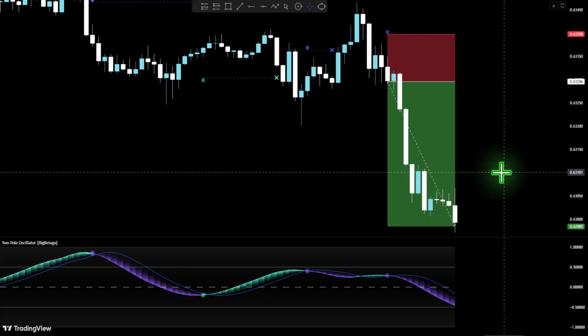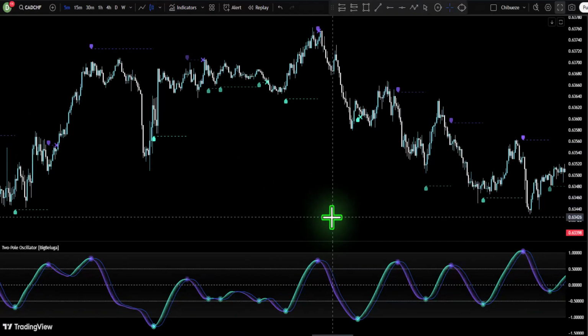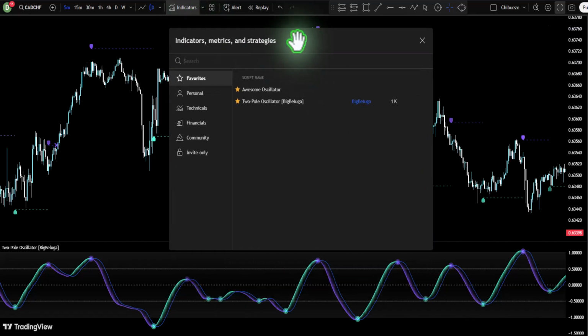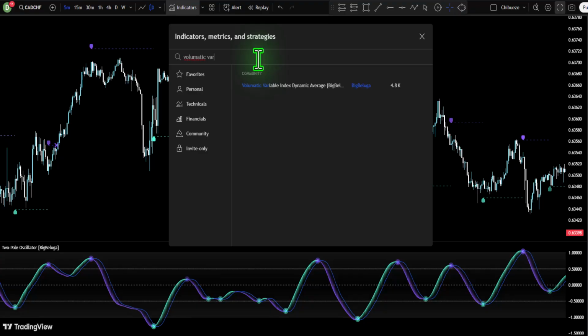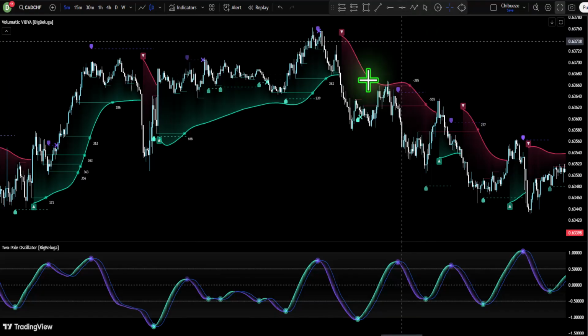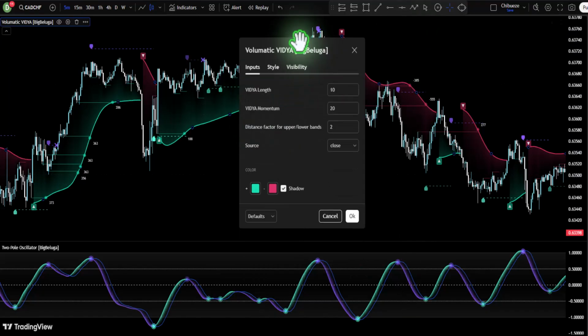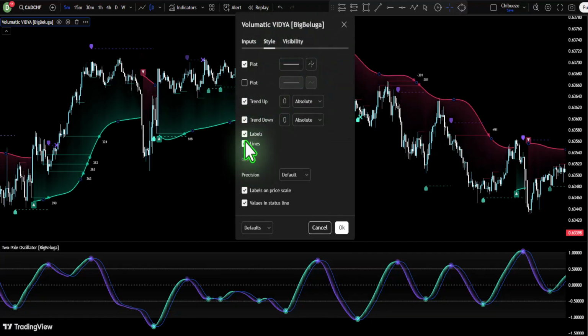For this strategy, the volumetric variable index dynamic average, also known as the VIDIA indicator, is one of the indicators that you can use together with this two-pole oscillator. To add the indicator to the chart, simply navigate to the Indicators tab and search for the Volumetric Variable Index Dynamic Average, and click on this one that's made by Big Beluga. The indicator will be added on the charts. Once you have added the indicator, you are going to double-click on it. Here you can change the VIDIA length to 20, then go to the Style tab, disable this lines option, and